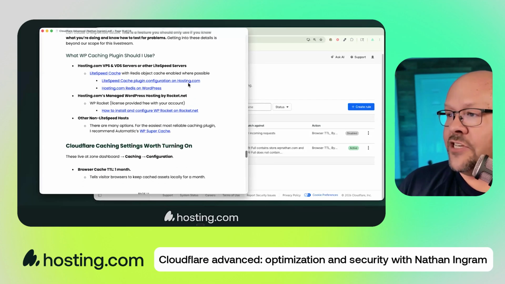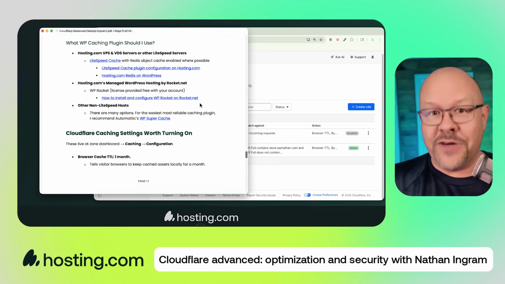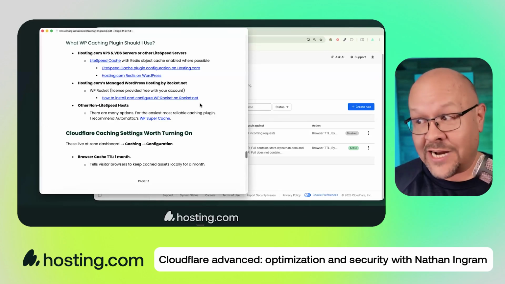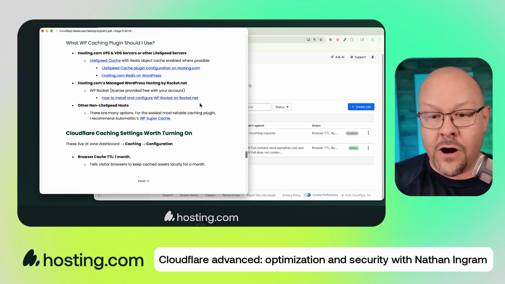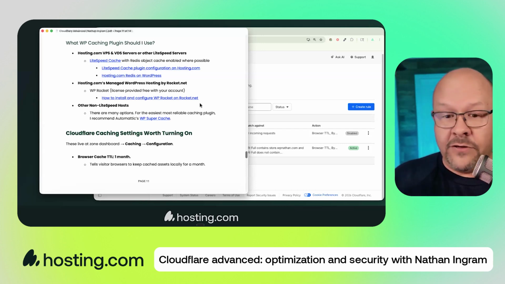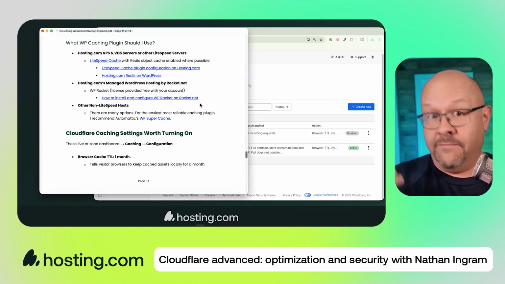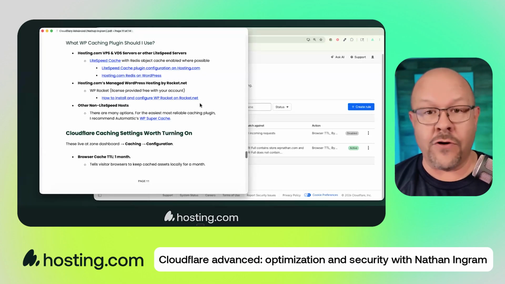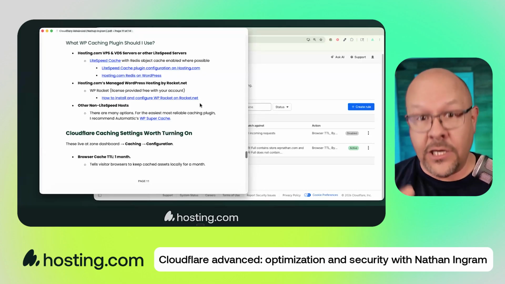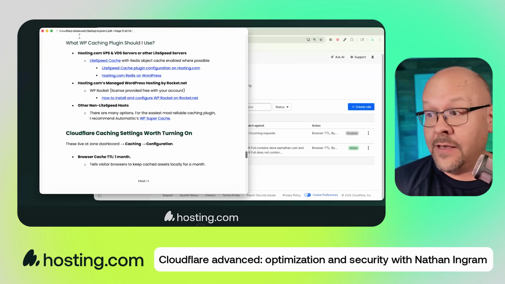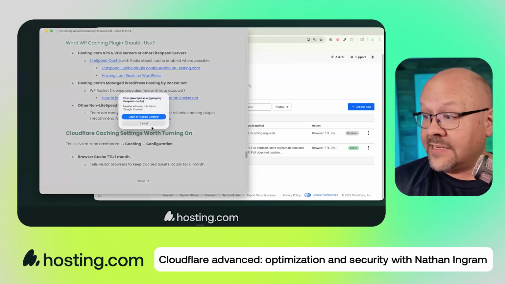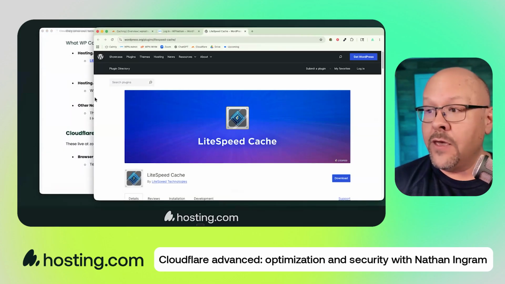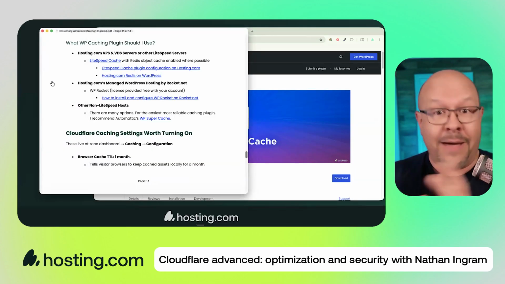Okay, now let me just mention this. This is very important because we know we still need a WordPress cache. So what WordPress caching plugin should I use? Now, if you are on one of Hosting.com's VPS or virtual dedicated servers or a Lightspeed server on some other host, you want to use the Lightspeed cache plugin. This is the free one from WordPress. This is the one you want to use because it works really well with the server software that powers your